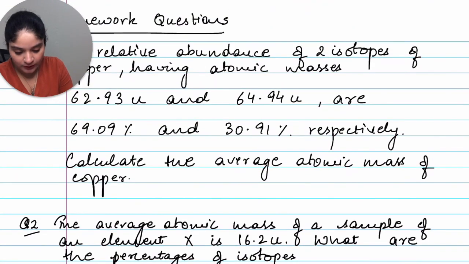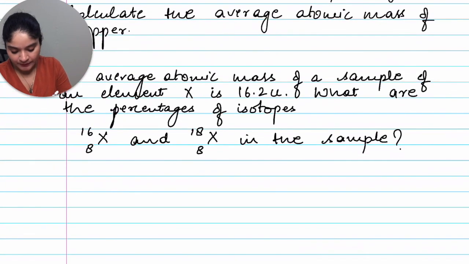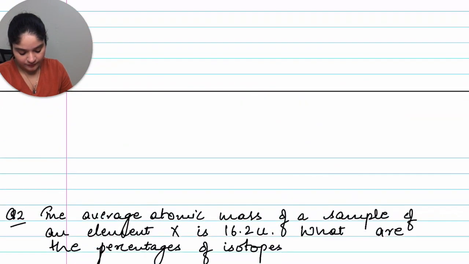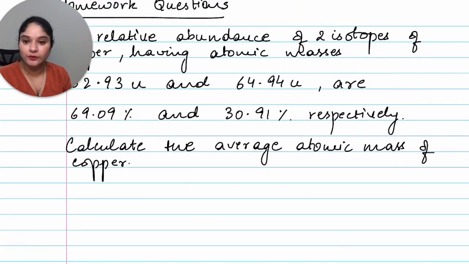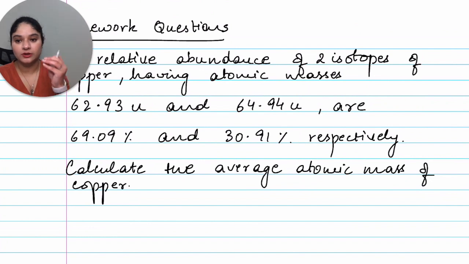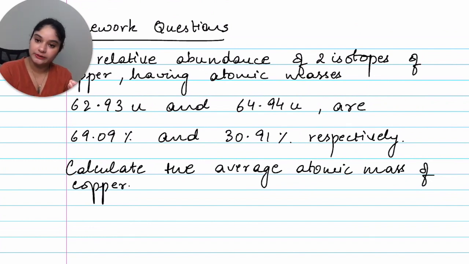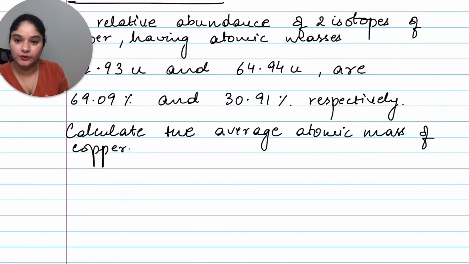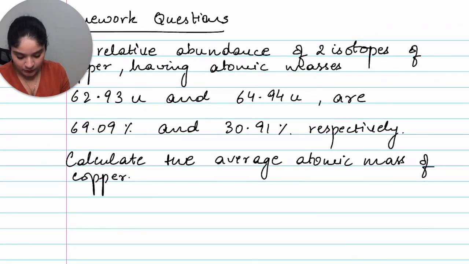And what is the formula? Let me make some space here for you guys. So let me move this. Okay, now let's see. So you remember the formula. In the formula, atomic mass times the abundance plus atomic mass times the abundance divided by the sum of abundances, or directly you can put in 100. So let me write that for you. So what would that look like? This would look like